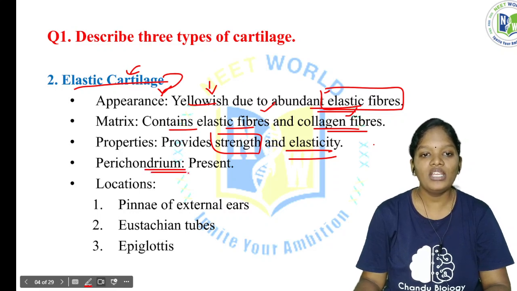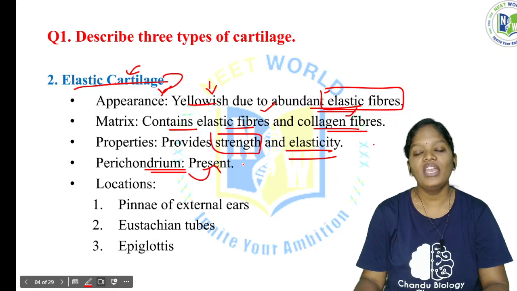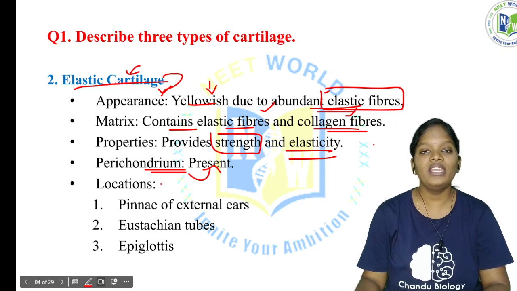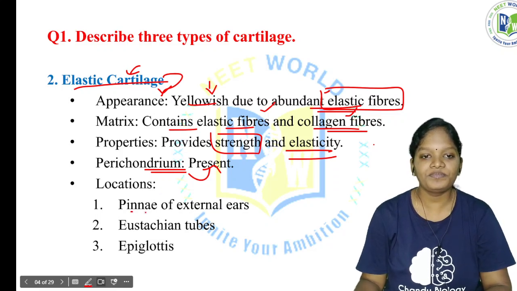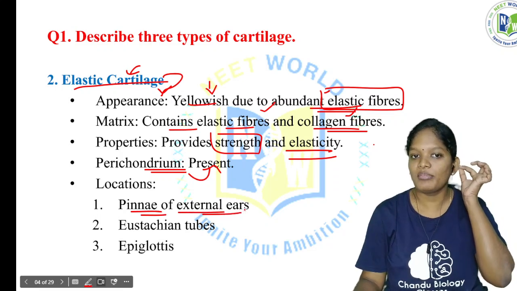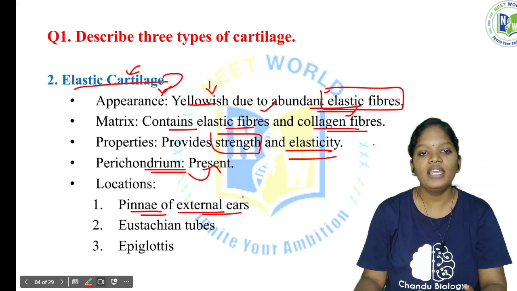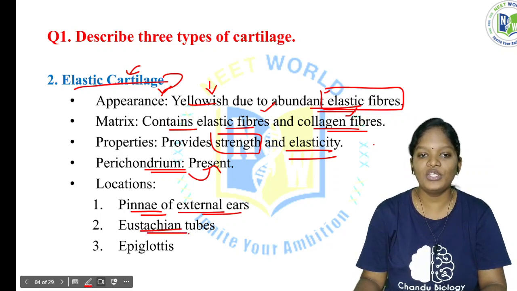Here the perichondrium is present. Perichondrium is present in the case of elastic cartilage. Now, where is it exactly present? In the pinna of the external ear. So this is called the pinna. We can see that the cartilage present in the ears is the elastic cartilage. Eustachian tubes, again a part of the inner ear, and the epiglottis. Epiglottis in the sense,